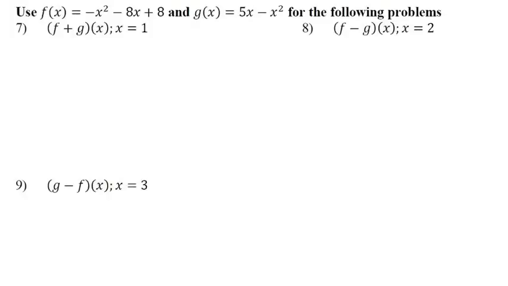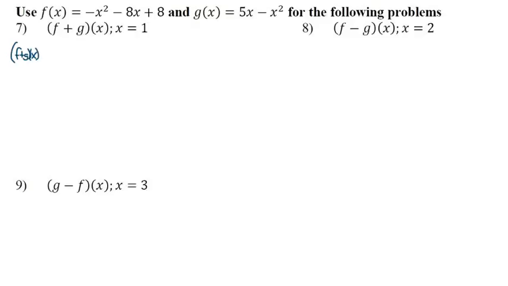Okay, this is again review 5-2, numbers 7 through 9 though. We're going to use these two functions, the f of x and the g of x, for all three of these, and these are just adding or subtracting them. So for the plus or minus, for f plus g of x,